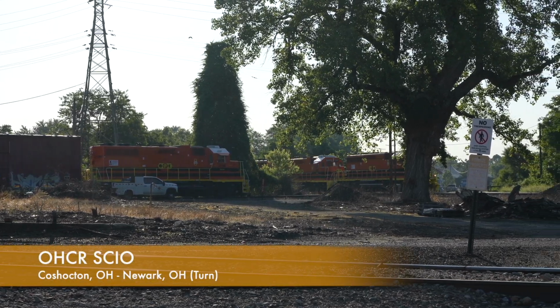I made a quick decision to try to find this train out on the system, but in the search for it, I came across a few relics from the now defunct Byesville Scenic Railway, which has not run a train since 2011. While filming these seemingly abandoned pieces of rolling stock, I heard an EMD rumble from behind me